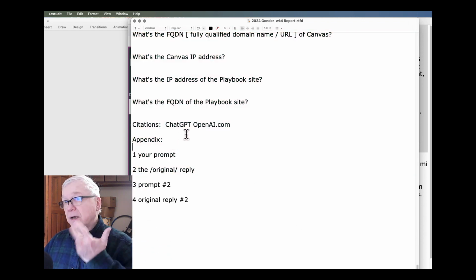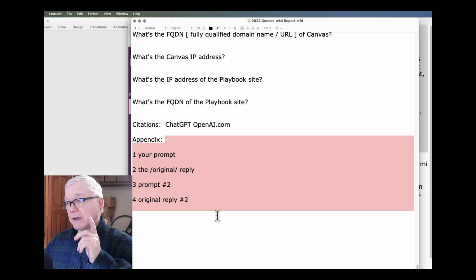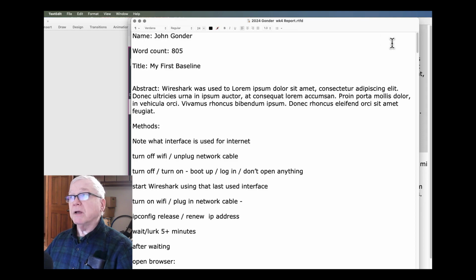And then in my case, let's say for instance I use ChatGPT. So I've got a citation, and in the appendix here's something, and I will reiterate this in an email. I had indicated if you're using ChatGPT to create your abstract that I want to see your prompt in the original and any other prompts you do and in the replies. You could actually put that in as an appendix and save yourself a second file upload. So if you want to do that, here's the text of my prompt, here's the original text, which then I edited, and then I ended up using that as my abstract.